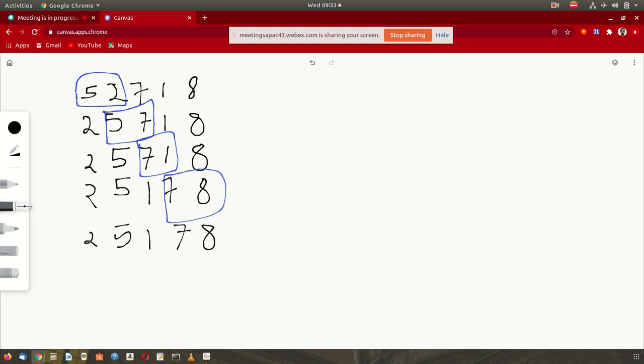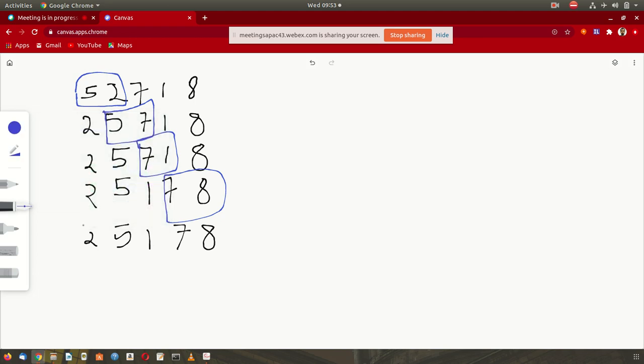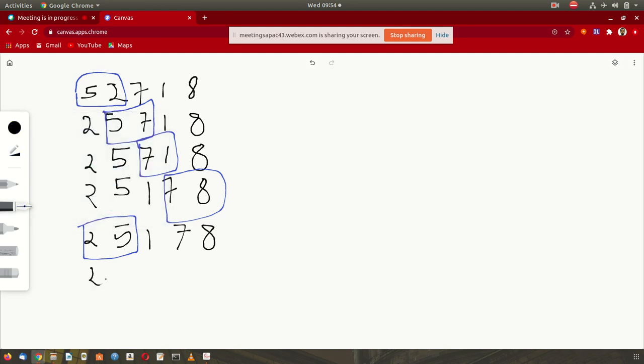So we have this. So is this the correct answer? No, it is not the correct answer. So you repeat it again. You repeat this step again. Again start from 2 and 5. So 2 and 5, the smaller number is the 2, it comes on the left hand side. The bigger number is the 5, it comes on the right hand side. 2, 5, and this you write as it is.